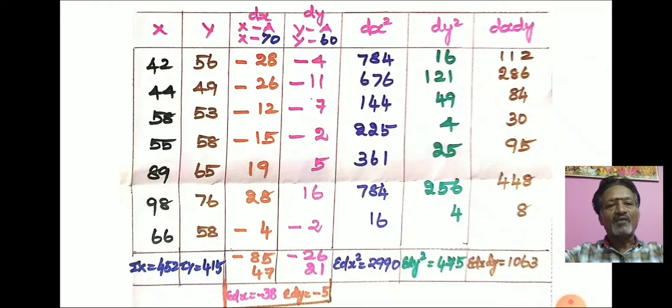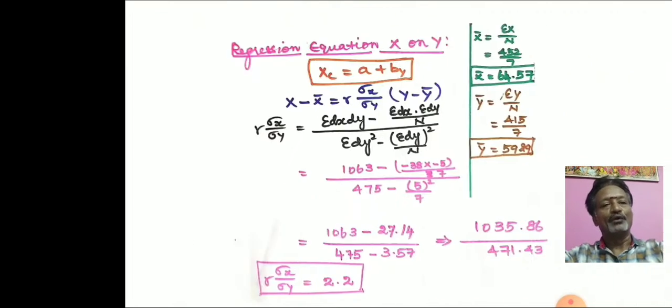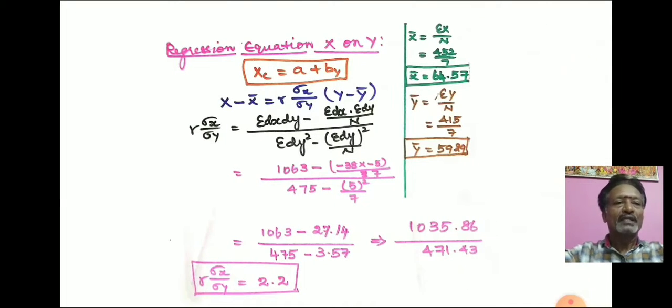So after calculating the sum total of x and y, you estimate the value of x bar and y bar. So here the x bar value is 64.57 and the y bar value is